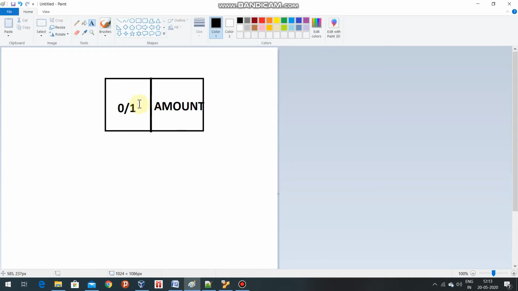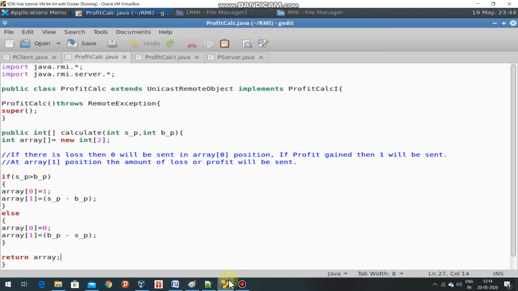This array will be returned, and if 0 is in position 0, it will say that a loss is incurred. If 1 is returned, it will say that yes, profit is gained. And whether the loss is incurred or profit gained, the amount will be in array position 1.